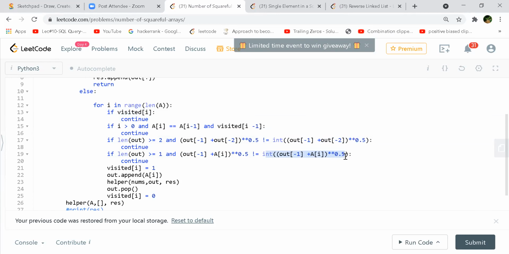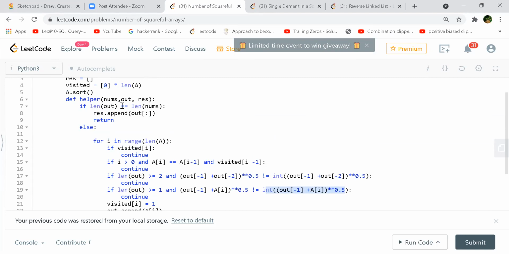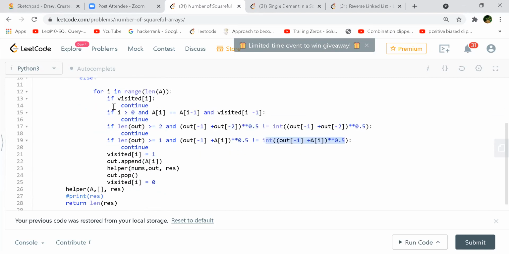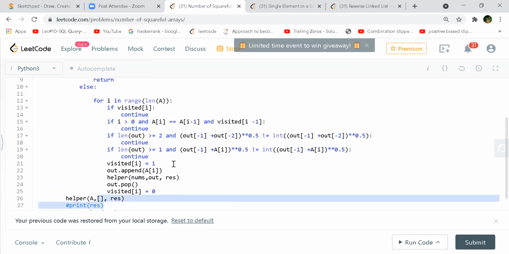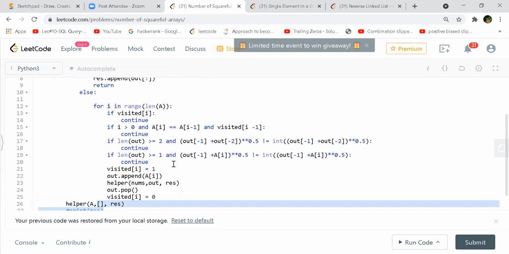What is your out actually? The result. This is the temporary array we use. This is the out, in which you will be appending the numbers fulfilling the conditions. So if in your out you have just one element, then whatever your current index is, you add it to the array.